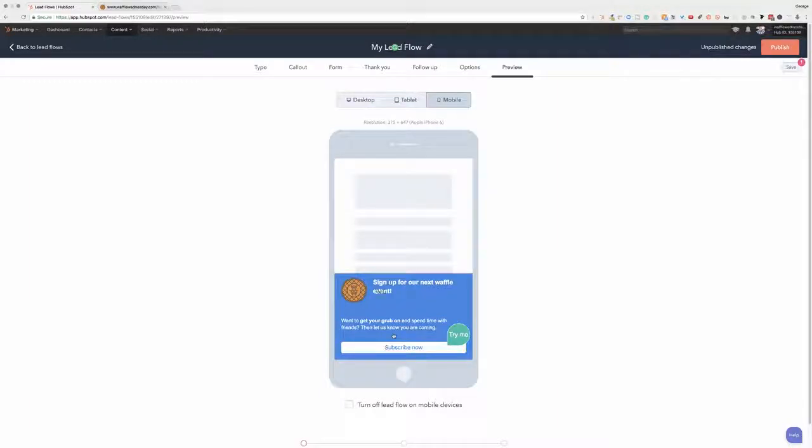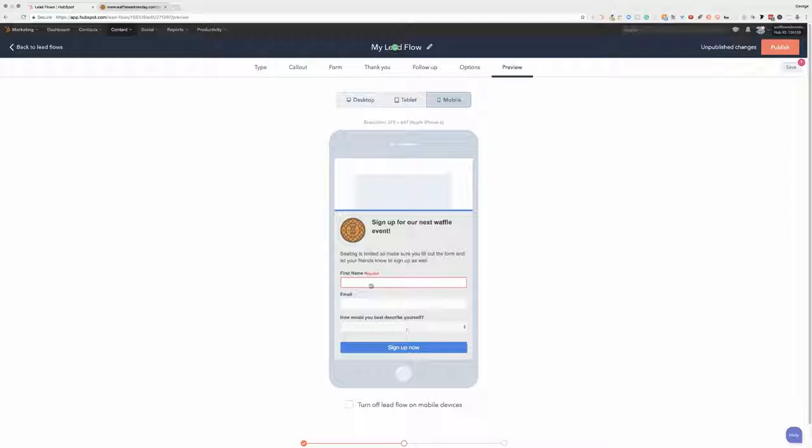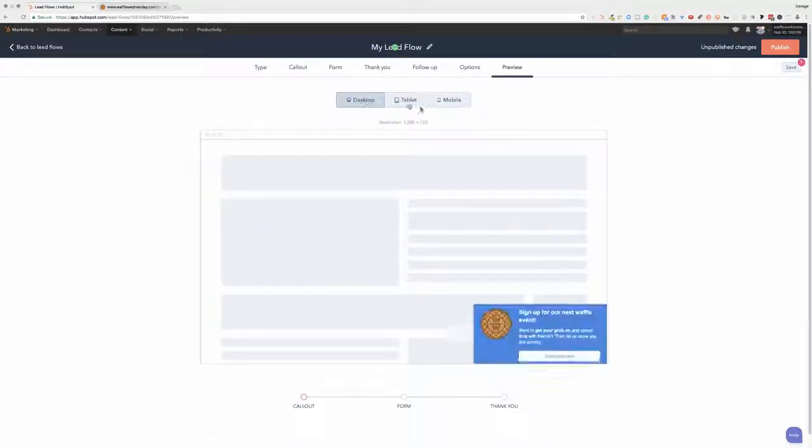I'm going to go and turn that off because, look, it's not that aggressive. Also, we can try it here. So we can sign up now. We could actually fill this out and test it again, tablet, desktop. One thing I want to show you that's a little bit above and beyond this tutorial,